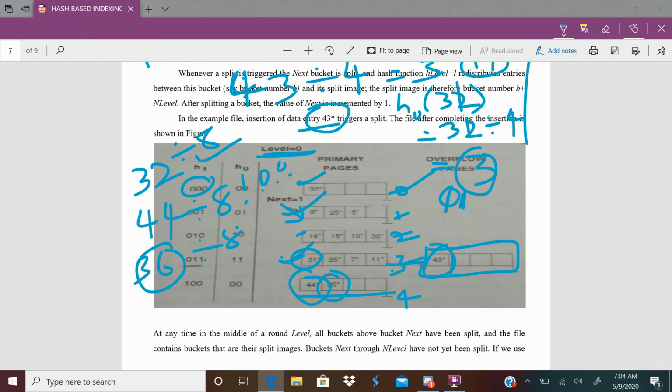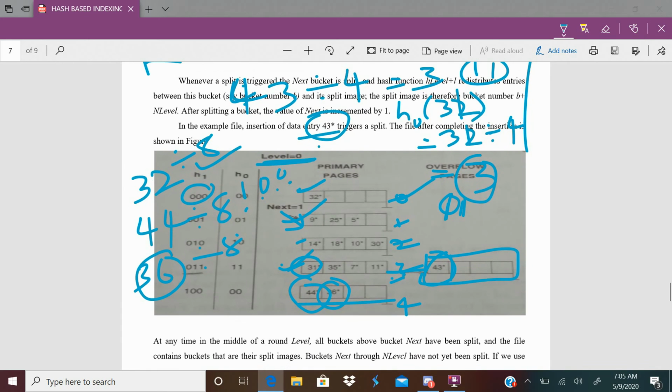So one round is completed. After all 4 buckets are split, the level changes to 1. It is called the next round of splitting. Again next is pointing to 0. Which buckets are going to be split? 0, 1, 2, 3, 4, 5, 6, 7.